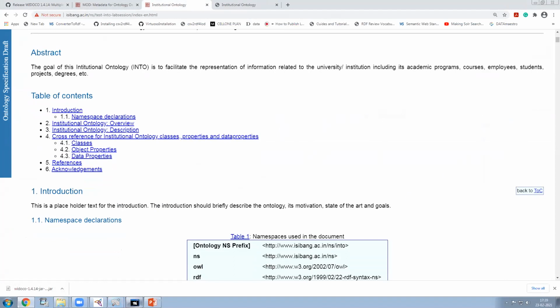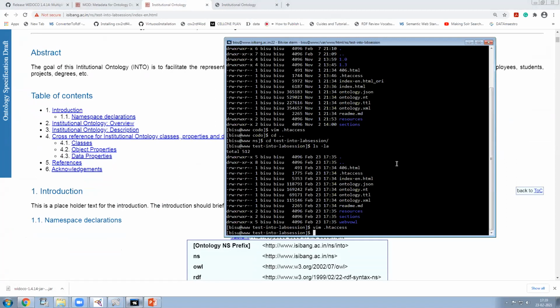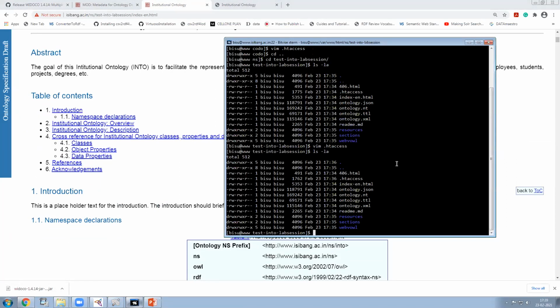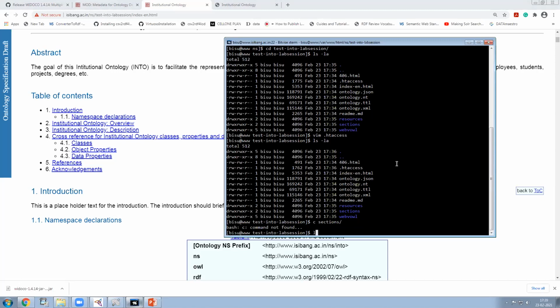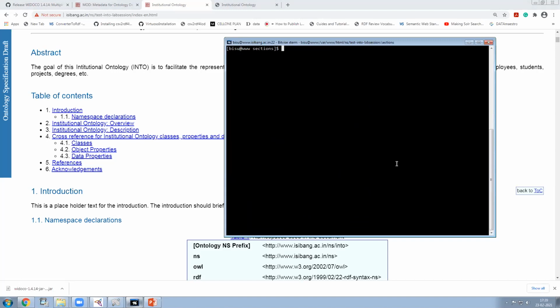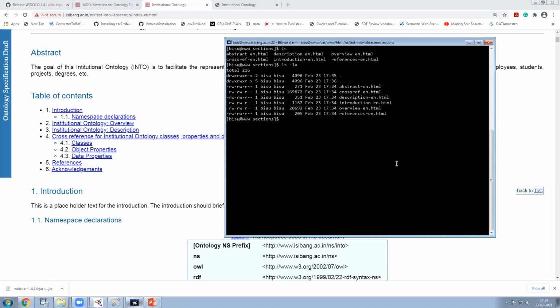But again, you can just straight away go to your page, and it's very simple, because see what I want. So let us say sections, and I just say CD sections, and list out. And then here I have what I want, say for example, the introduction section.